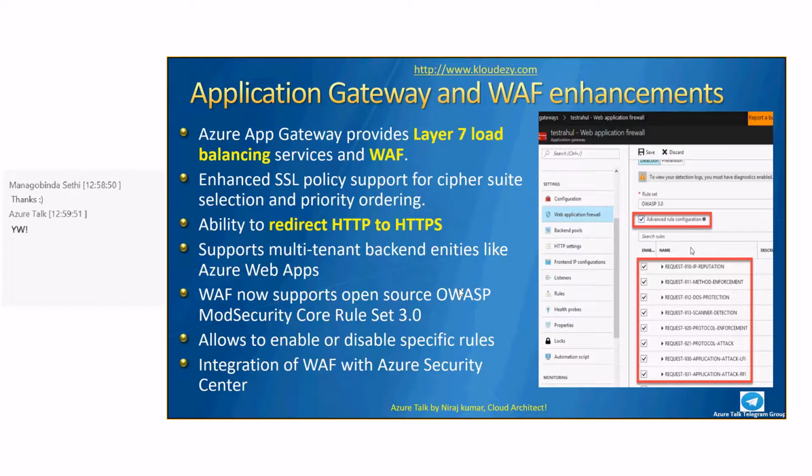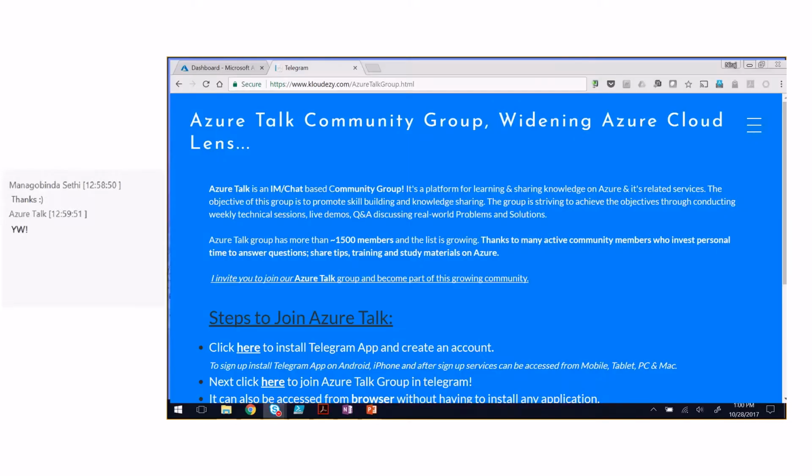The moment you enable it, there is a switch you need to enable to redirect the traffic, either permanent or temporary, with the rule called 301 or 302. You can redirect the traffic to port 443.